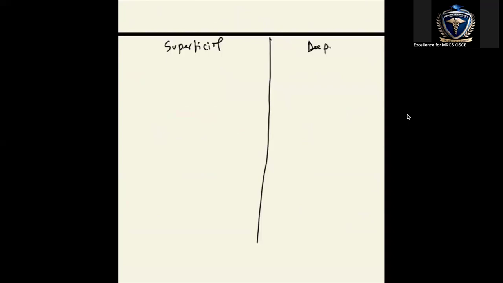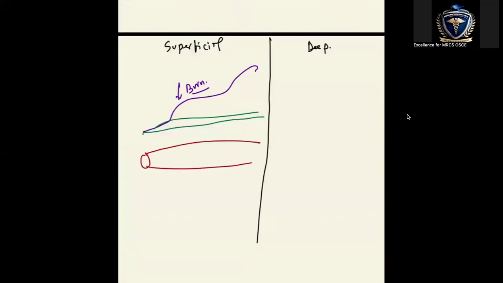At first, this is the burn portion, and look, these are the other structures below here, and this one is the blood vessels. So when there is any superficial burn, that will at first involve the